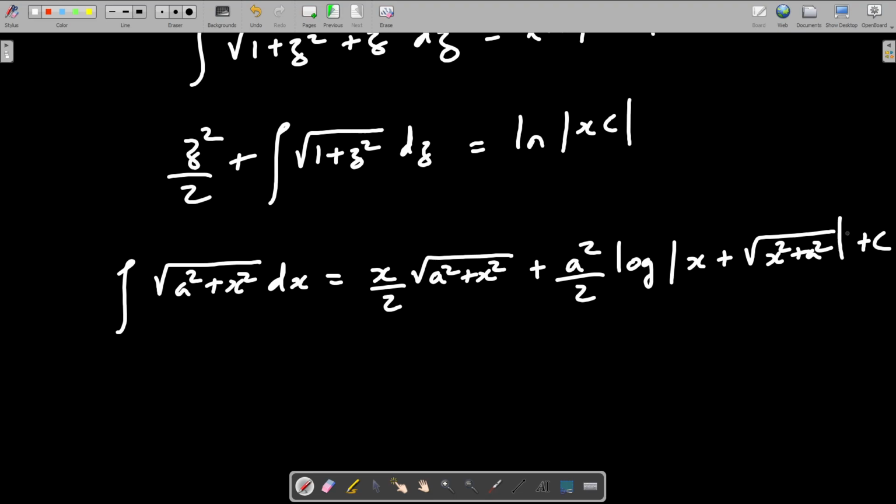This is the integral formula. This is a very rare integral formula. I hardly use it, so you don't need to remember it. Anyways, the answer to our question will be